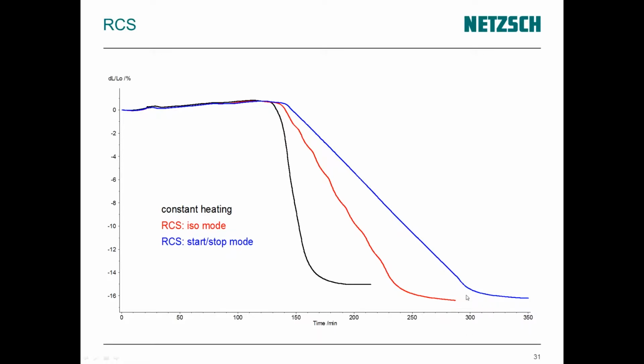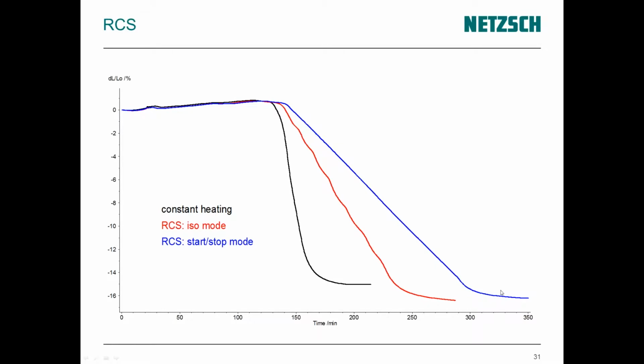But if you have a look at the time scale here, you also see that RCS measurements last longer in comparison to measurements with a constant heating rate. So what is the aim or the goal of sintering studies? The goal is to find a sintering temperature or a temperature program where you have a high densification, but at the end you also want to save time and by this also energy costs. So in this case the ISO mode gives a higher densification of the sample and saves time in comparison to